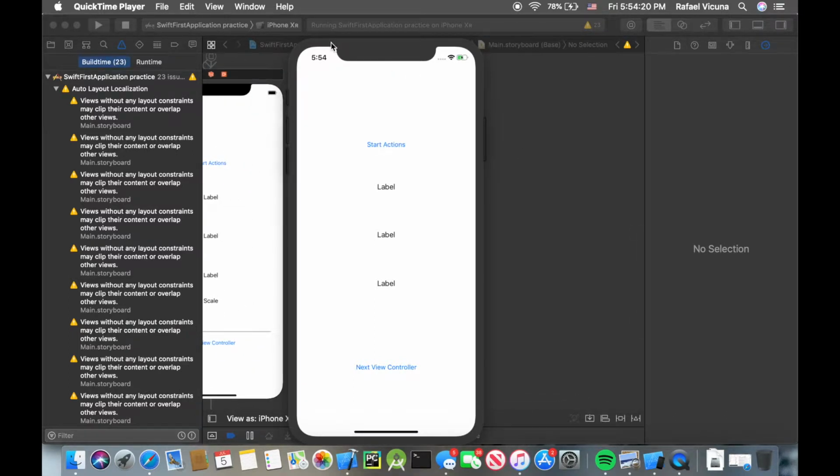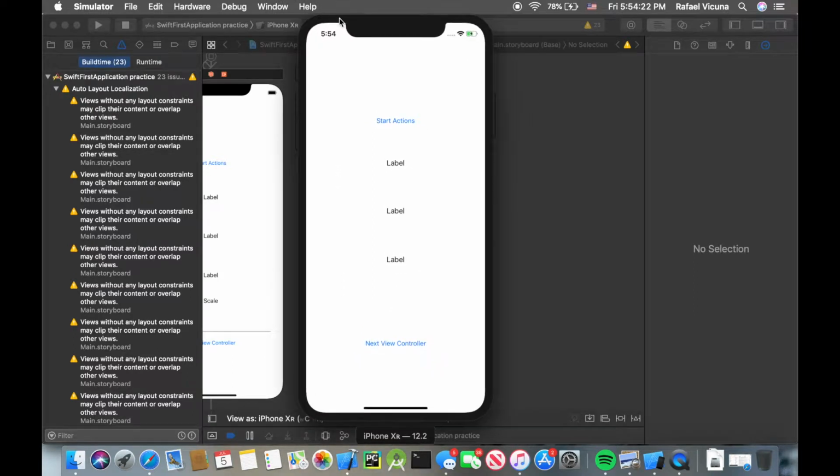I'm going to show you how to delay actions using Swift. So simply press this button, say Start Actions. There'll be some delay before the labels start changing. So it says hello, second label, then the third label will change,